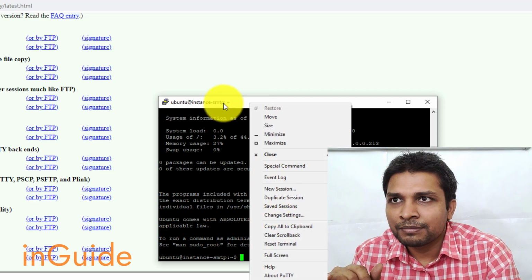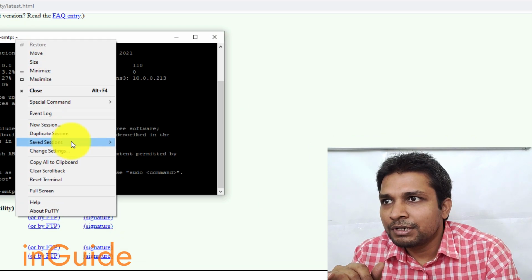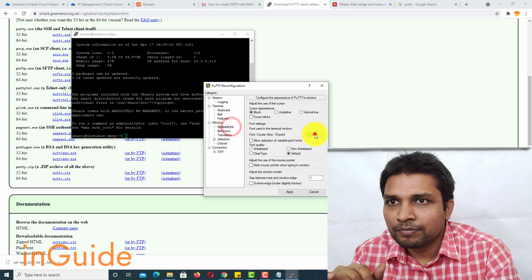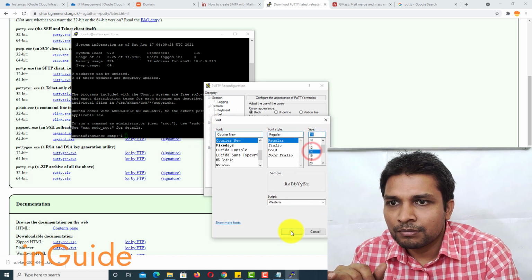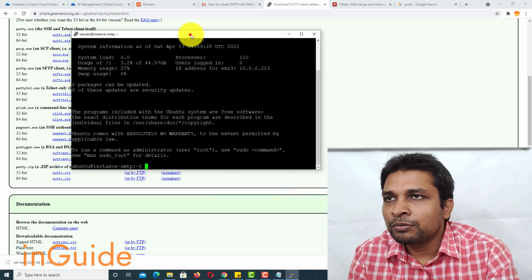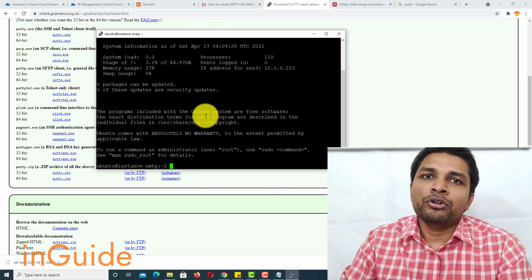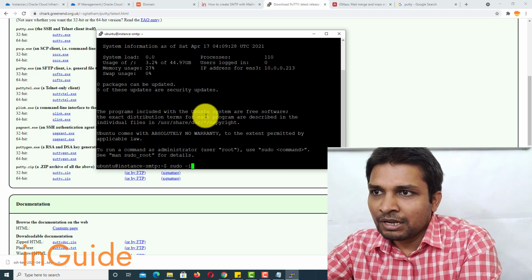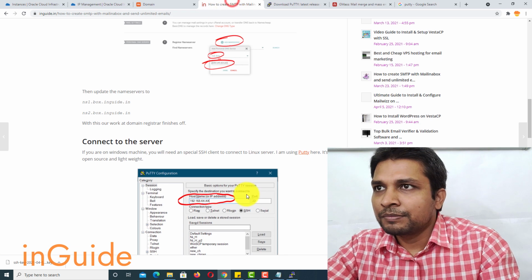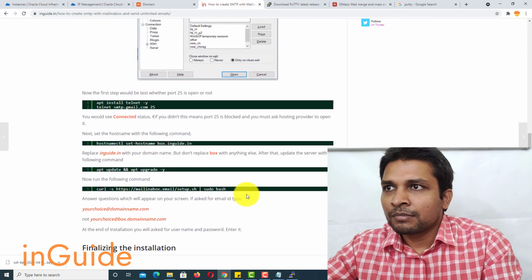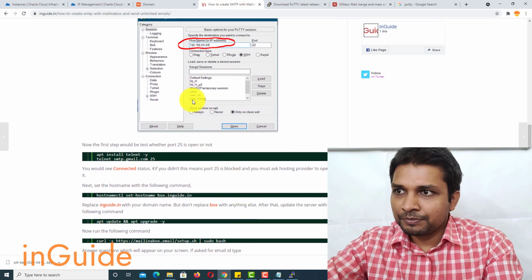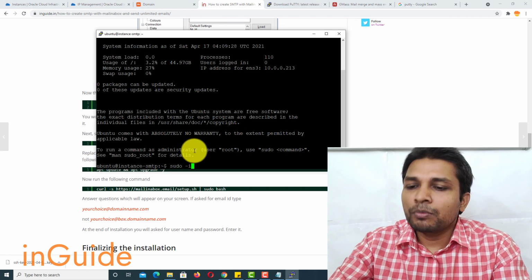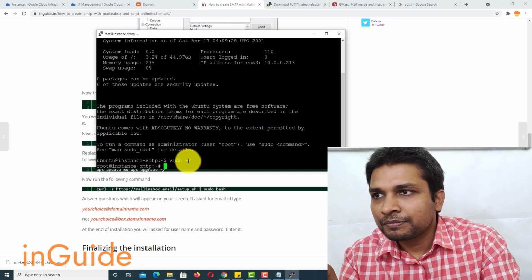Let me change settings in this. Alright, so now I am going to switch to root user, which is sudo -i, and I'll come to this guide as well. So now sudo -i, after that press enter.